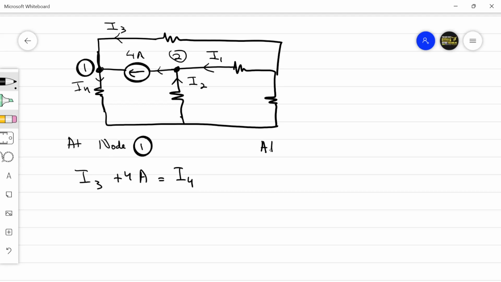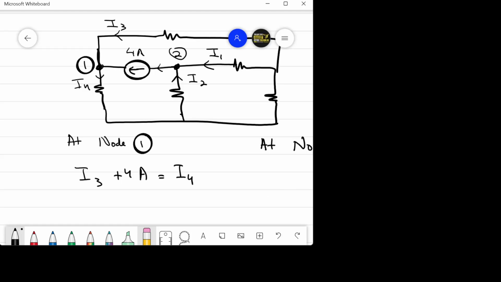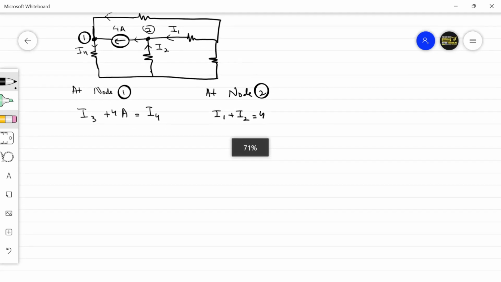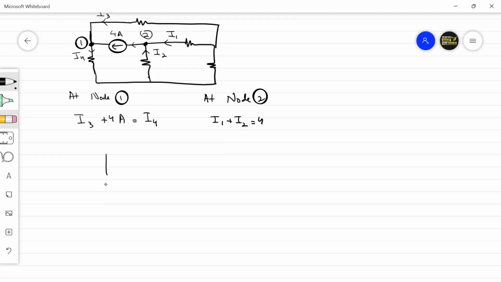Fine. And at node 2, I1 plus I2 is equal to 4 amperes. So you can apply KCL at node 1 and KCL at node 2. A current source between two non-reference nodes is not an issue. Now instead of a current source between two non-reference nodes, if for example we had a voltage source here,